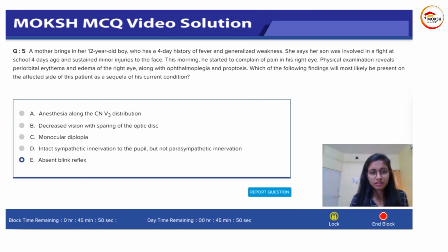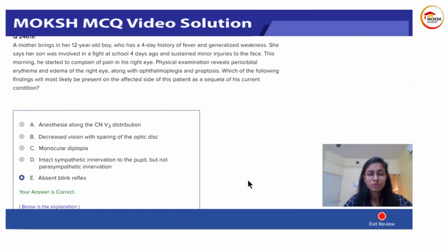All right, so this is a 12-year-old boy who has fever, malaise, which is generalized weakness. He sustained minor injuries to the face and he has been having pain in the right eye with periorbital erythema, edema, ophthalmoplegia, which is paralysis of the extraocular muscles, and proptosis, which is kind of bulging out. Which of the following findings will most likely be present on the affected side of this patient as a sequelae